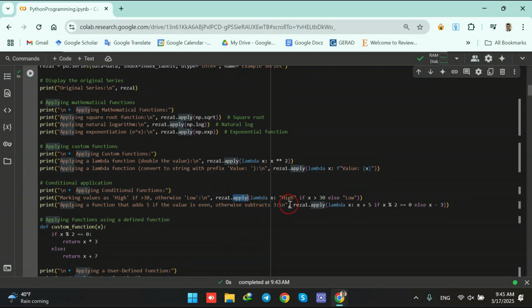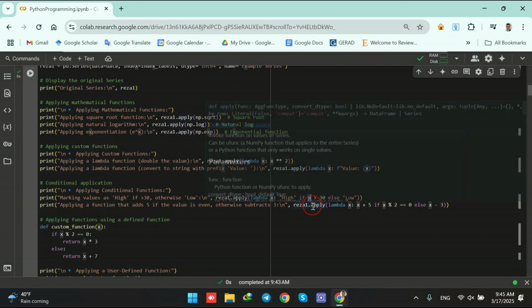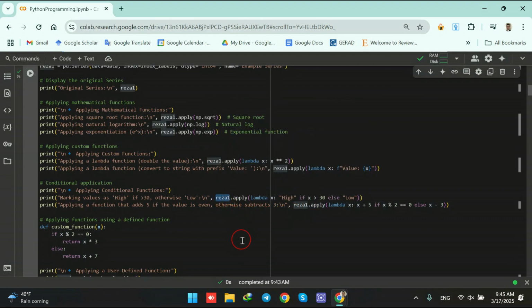Here I'm saying that if that element of my series called Reza1 is larger than 30, label it as high. Otherwise, label it as low,